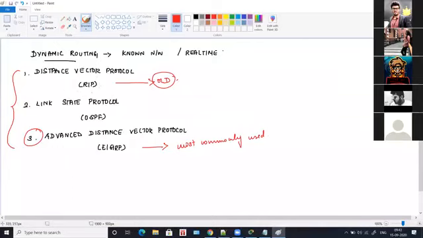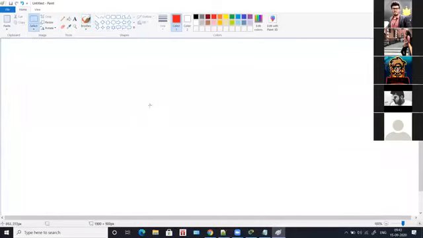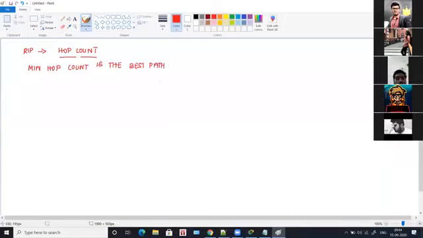Now let us take RIP. RIP considers the hop count, and it considers the minimum hop count as the best path.